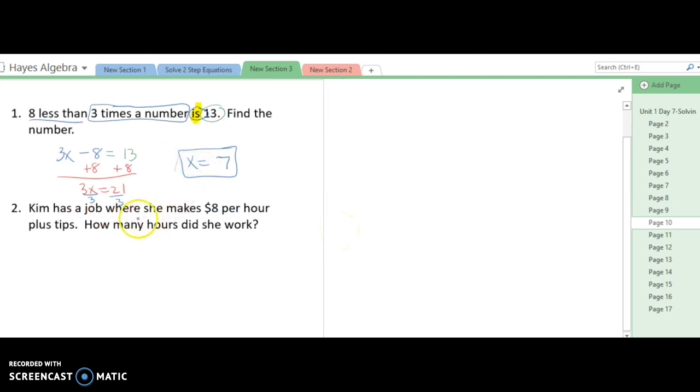So the 15-minute time limit is coming up in this last problem. For some reason, it didn't transfer all the way because it's not complete. But if you had to talk about it, it says Kim has a job where she makes $8 per hour plus tips, right? So say I told you you made $10 in tips, right? And you made, let's see here, $42 total, right? How many hours did